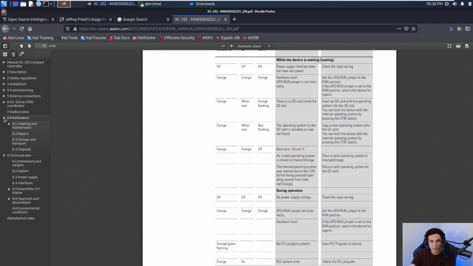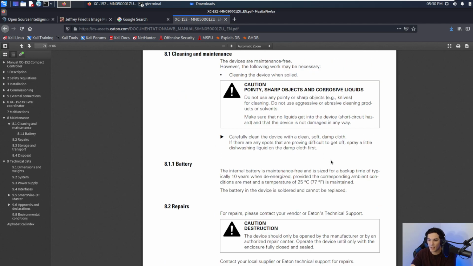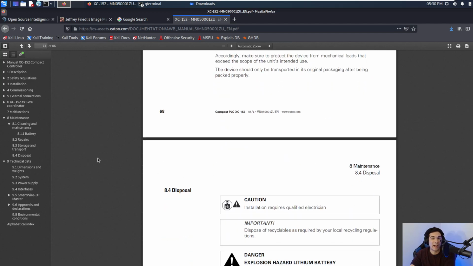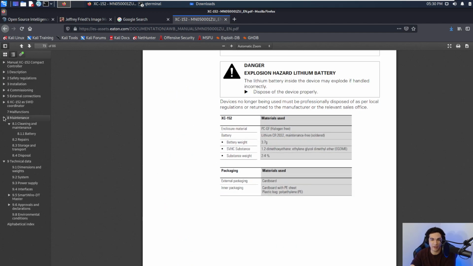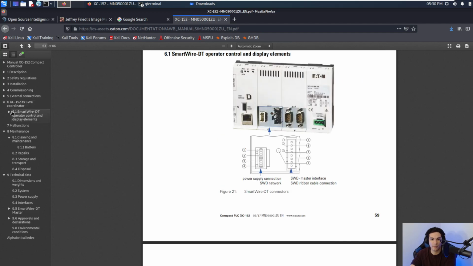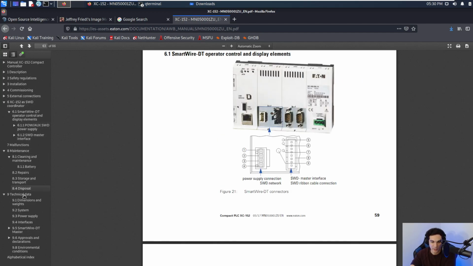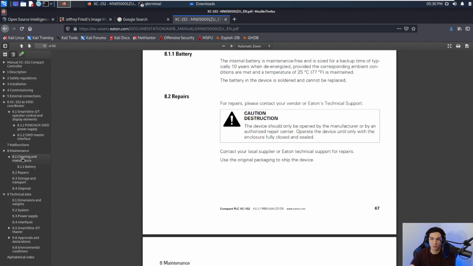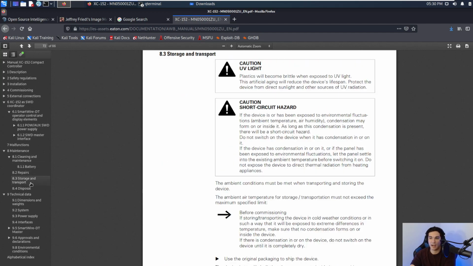There might be information here about, maybe there's a default password to get to the admin panel on this device, and you can find that from the user manual. At the very least, you can figure out information like how do I shut down this device,